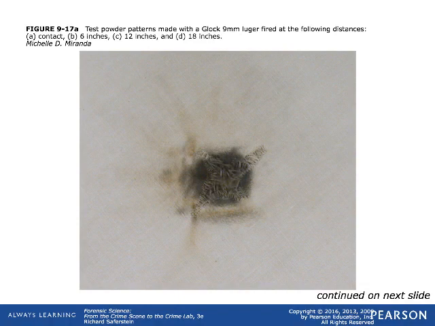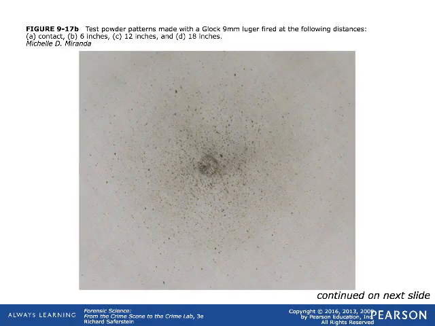In the book there are pictures. The first picture is a test of powder patterns made with the Glock 9mm Luger fired at the following distances. The first one is contact, so there's a star where the fabric is torn. Okay, the second one is 6 inches, so you can see kind of a pattern around the hole of